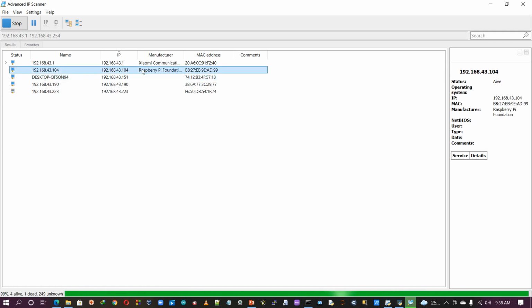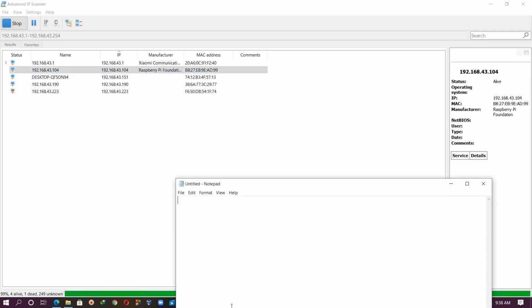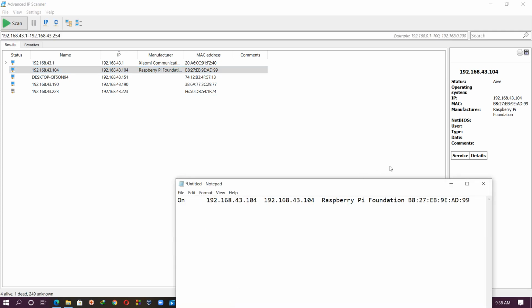So just notice, first I am copying this one, copy. Now observe, this is the IP, so the Raspberry Pi is in the ready state. 192.168.43.104, this is the IP assigned to this Raspberry Pi.